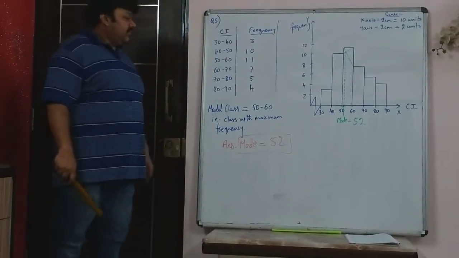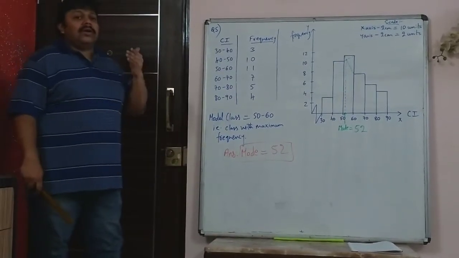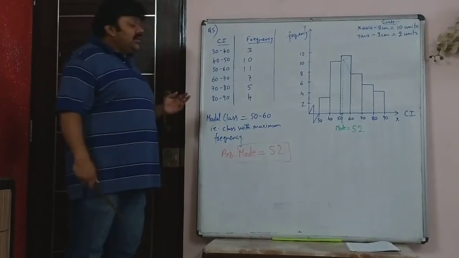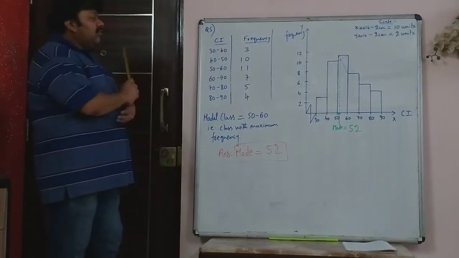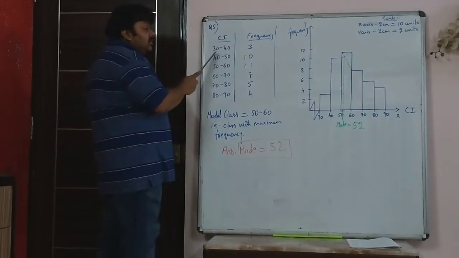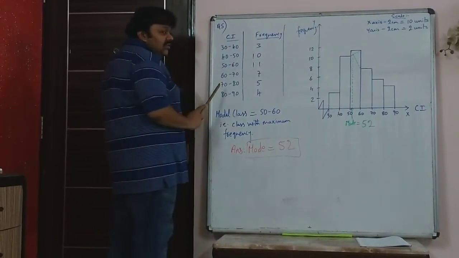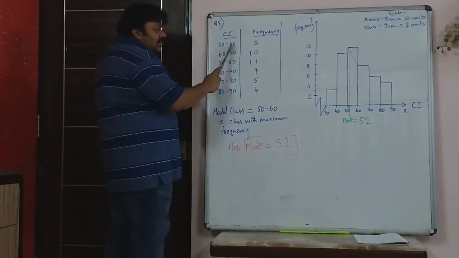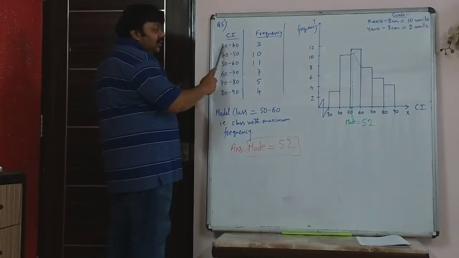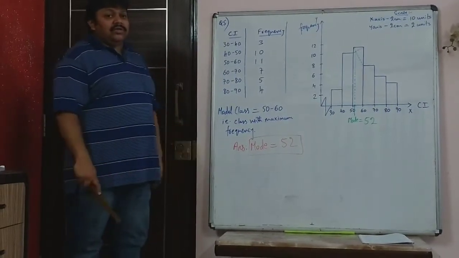And now question 5, a typical histogram question. This sort of question is asked if a graph is required, where you are asked to draw the histogram and then find the mode. So you just have to draw a bar graph. Class interval is given, it is not starting from 0, it's starting from 30. 30 to 40 frequency 3, 40 to 50 frequency 10 and so on. Class interval is in groups of 10. Class size is 10, that means 40 minus 30, each class is 10. Now I told you you can't have varying sizes of class.